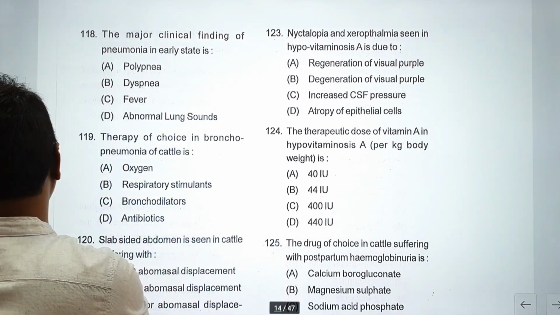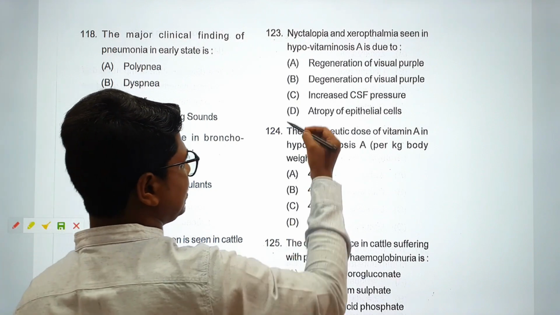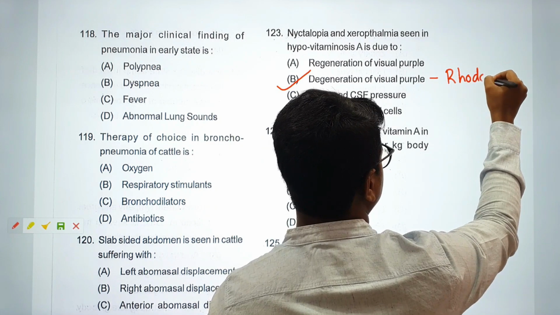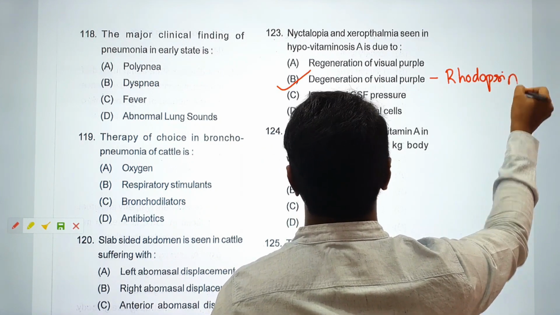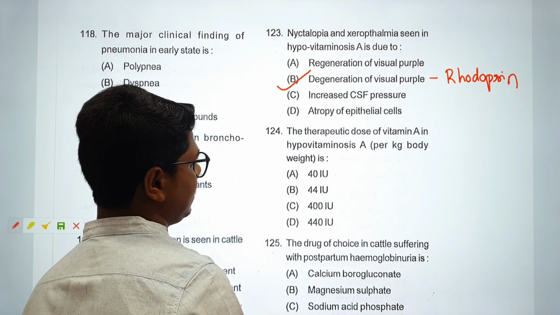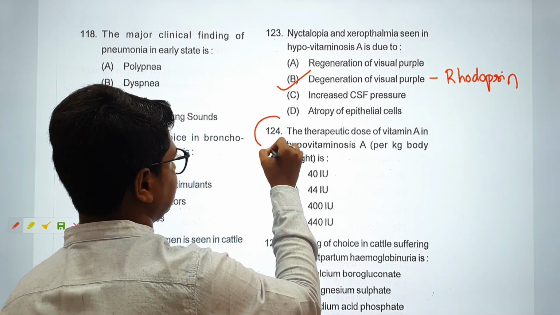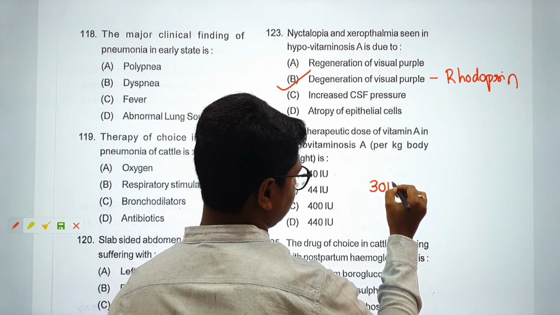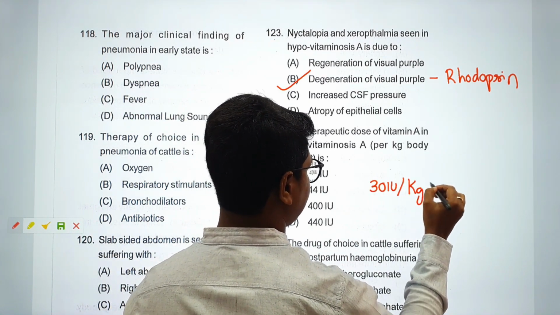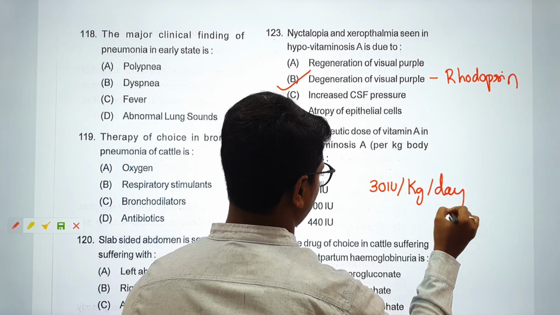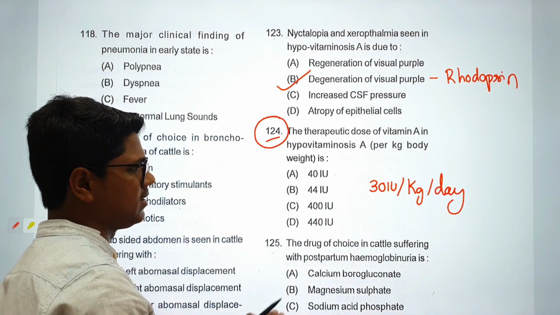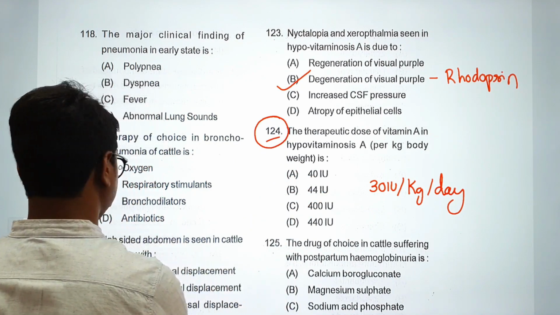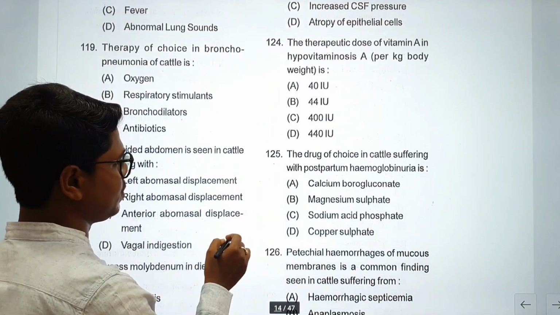Nyctalopia and xerophthalmia are seen in hypovitaminosis A, degeneration of visual purple. Visual purple is rhodopsin, the light sensing pigment. The therapeutic dose of vitamin A, I have a doubt in this question. The normal requirement is 30 IU per kg per day. If you know this dose rate, I didn't find in good articles where the dose rate of vitamin A was given, but you can comment down below. I know the answer is 440 IU,